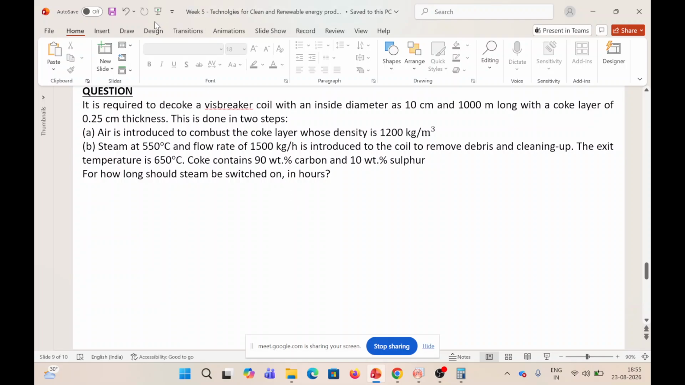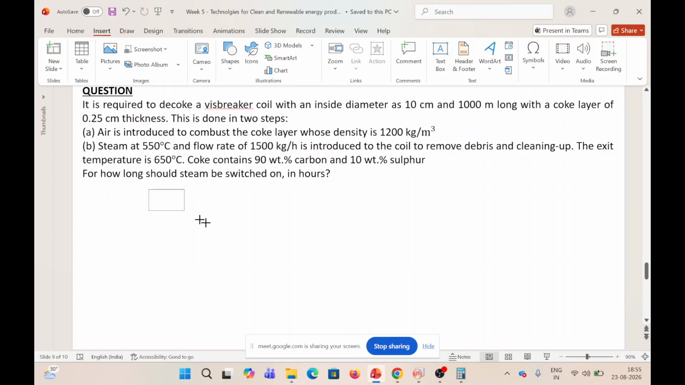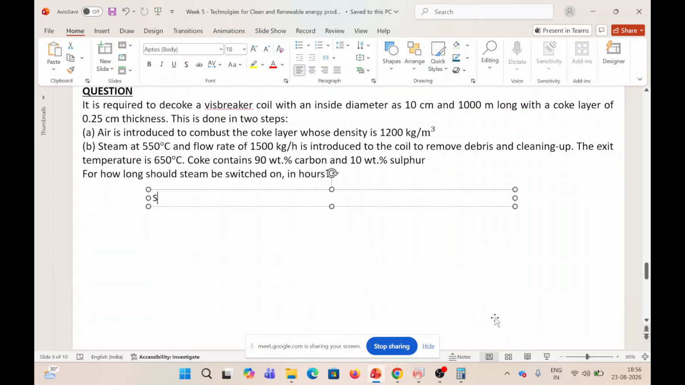So I need to give a few values. Let me give that. Specific heat of steam, you can take it as 2.13 kilojoule per kg degree Celsius, and enthalpy of carbon combustion, or you can say heat,